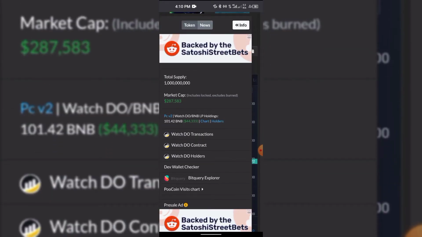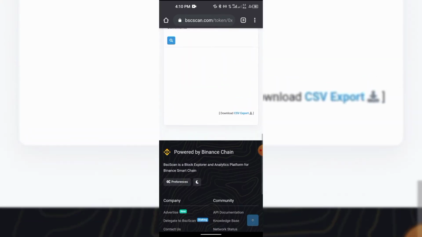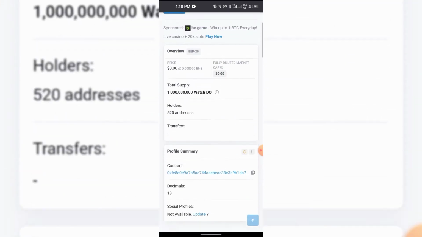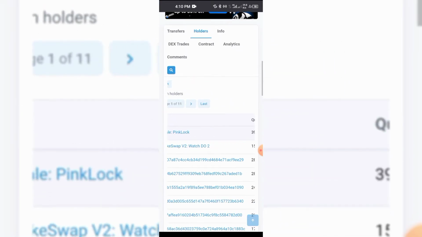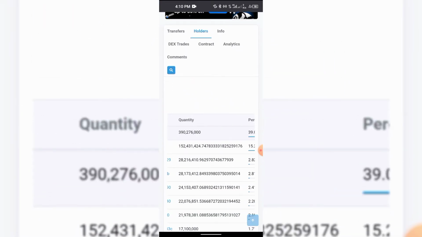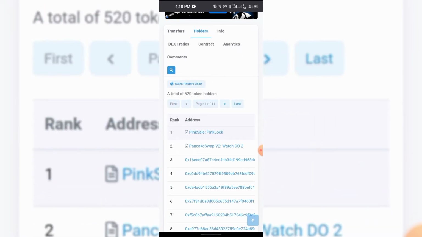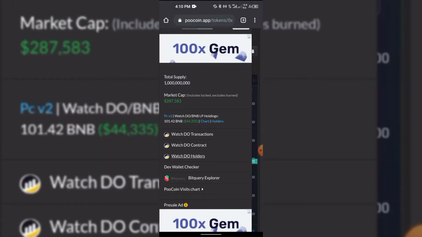Then you can go to DexScreener directly, check the total number of holders, the total number of addresses holding it, and then the percentage the first, second, and third addresses are holding. First set of addresses are holding. Alright, so